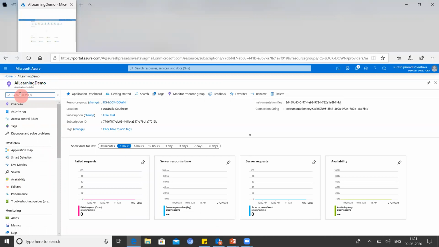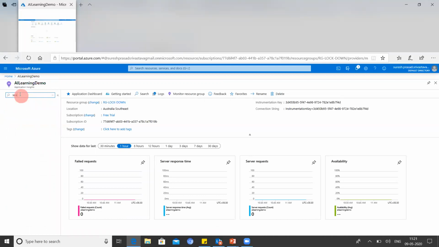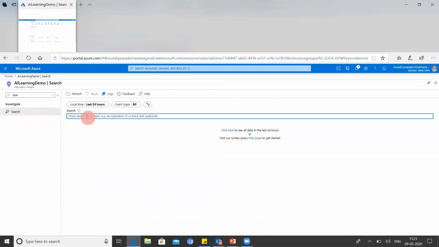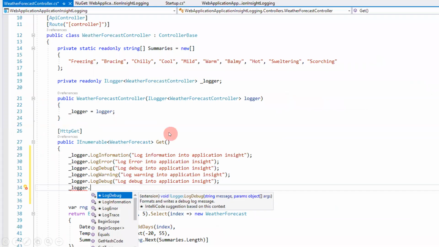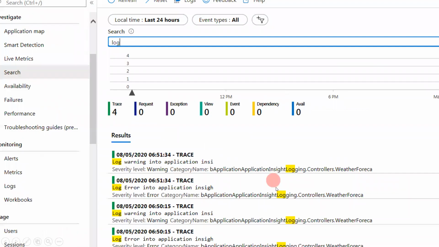So just go to the search blade, and there try to search for the message which you tried to log through the application and press enter. So how exactly will it look? See, this information which I tried to log through the application, you can see it in application insights once you go to the Azure portal.